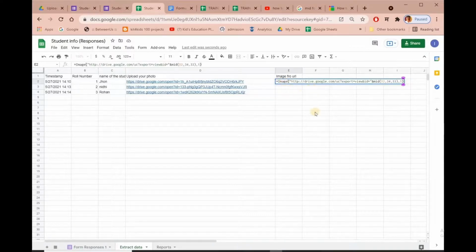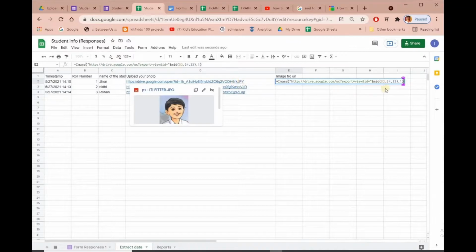So now this is the formula. In this formula, what we have done is that we have used the image formula, and to get an image from a URL, we need the ID of that file. The ID of that file is this one. Here we can see that after the equal sign, whatever the text is there, it is the ID of that file. And in the image formula, we have to put this text which is shown in green. After that, we concatenate the ID of this